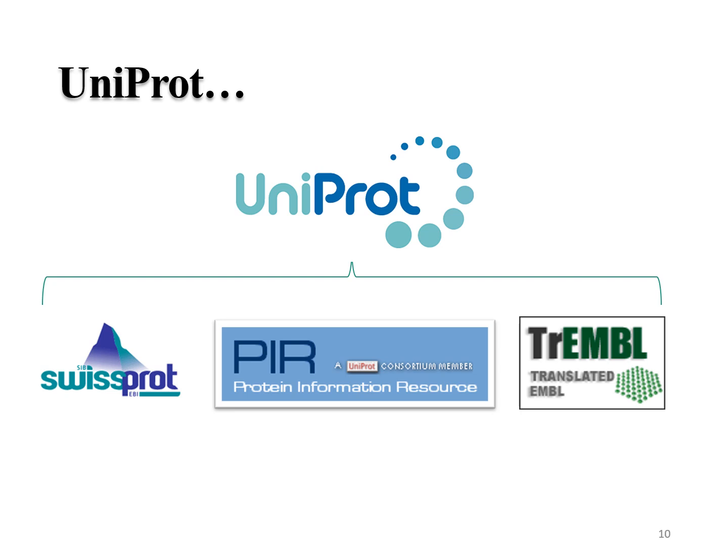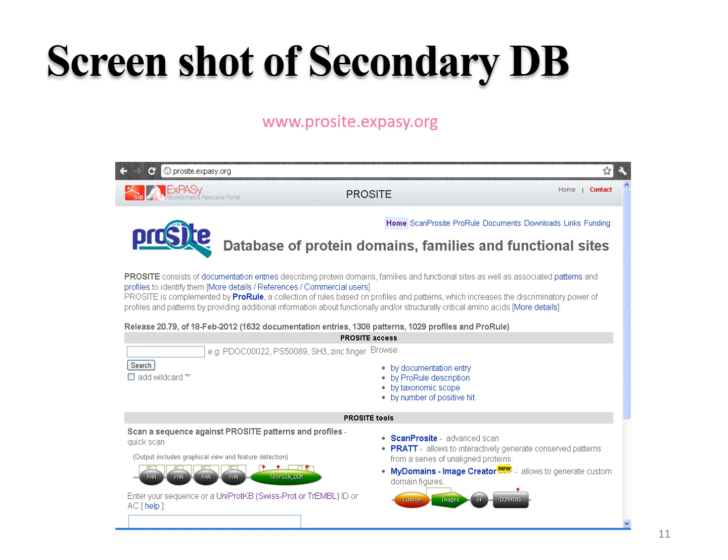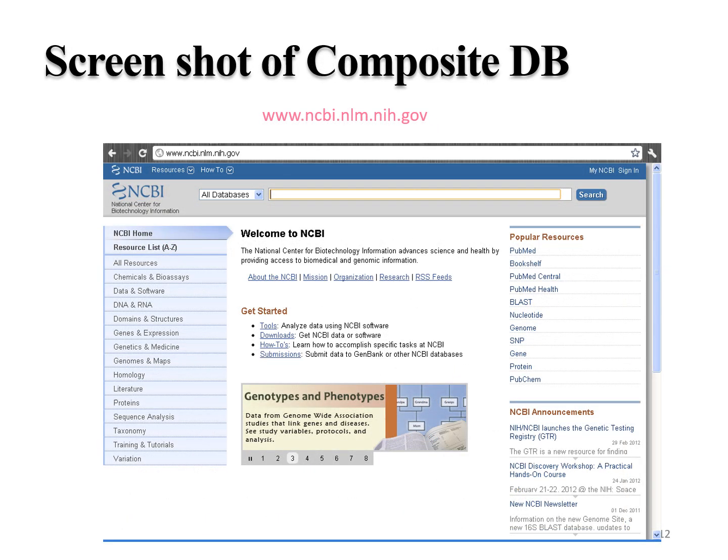Moving down to the next group, which is UniProt, a combination. UniProt stands for Universal Protein Resource, and it is a combination of three other important existing databases. One is SwissProt, the other one is Protein Information Resource, and the third one is Translated EMBL. Among the secondary databases, you have a typical example of PROSITE, which is also available as a part of ExPASy, and this is a database which contains information about protein domains, families, and functional sites. And this screenshot is a typical example of a composite database that I have already mentioned, that is NCBI, and it is an interesting database for us to also